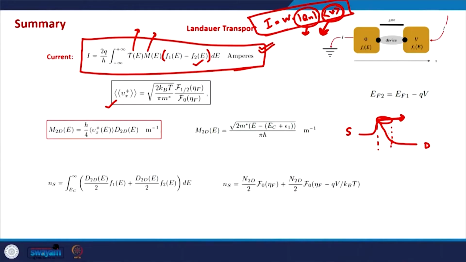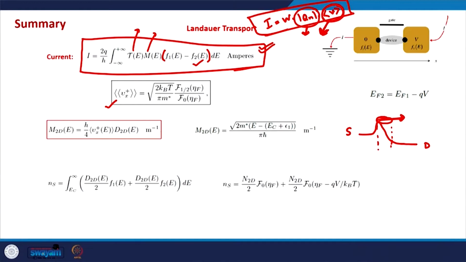Actually, in a ballistic MOSFET the notion of the density of states will also change while doing a rigorous calculation of the IV characteristics. We need to consider the local density of states of the MOSFET at the top of the barrier. Okay. So, coming back to the Landauer transport model, apart from the average velocity